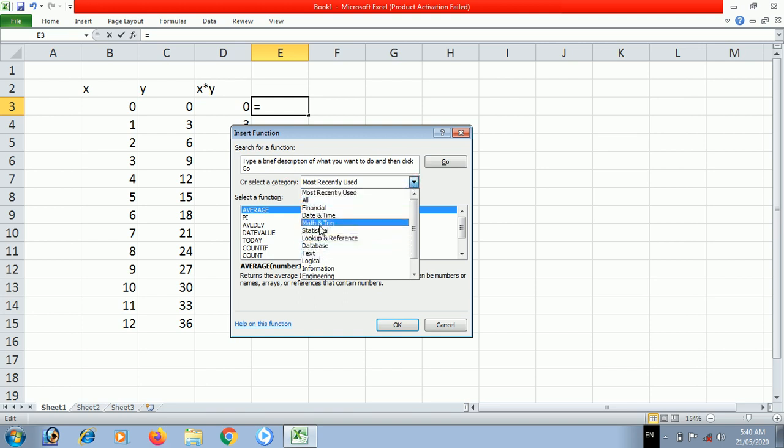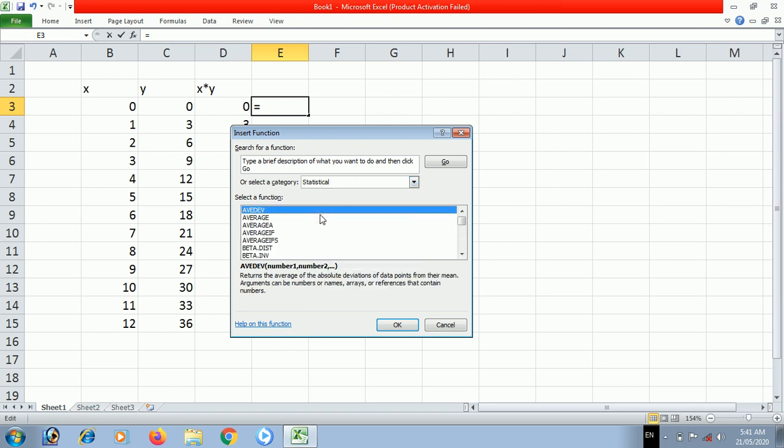Text functions, mathematical and trigonometry, and most of the time we are concerned with mathematics and trigonometry functions, and other is statistics, statistical functions we require. Logical functions are also there. Sometimes we require logical functions, but most of the time we will work with mathematical, trigonometric, and statistical functions, and these are the statistical functions.